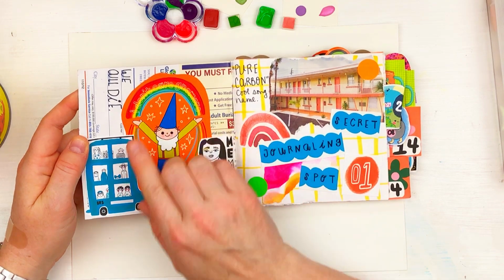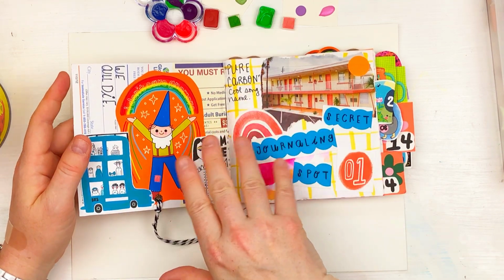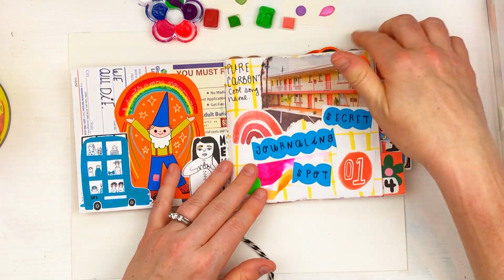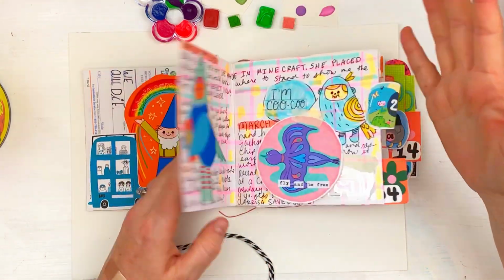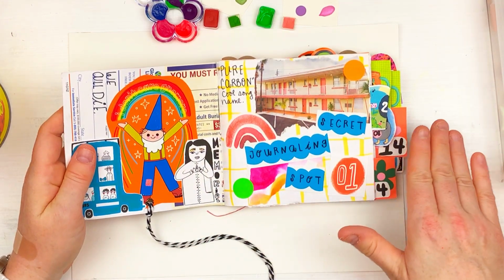So the art here by myself, Pocket Journal Pam, and Susie Tiny Desk, I put that in at the end. That was like the finishing layer. So everything in this journal was done in phases. So it's kind of hard to explain everything in a logical order. The process is going to be out of order, but I'll try to explain everything